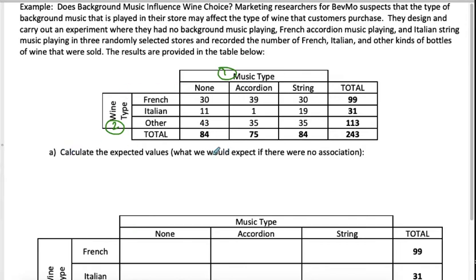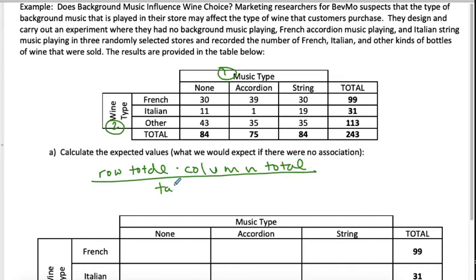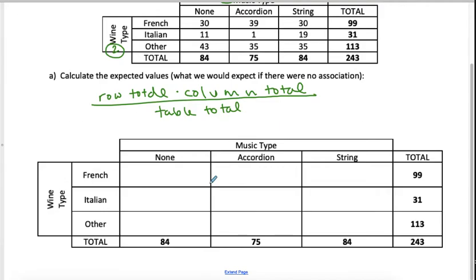So the first thing that we want to do is calculate the expected values. The way that we do that is we take our row total times the column total and then divide by the table total. So in each one of these, we need to calculate that value. So the French, we're going to take the 99 row total times 84 column total and divide by total